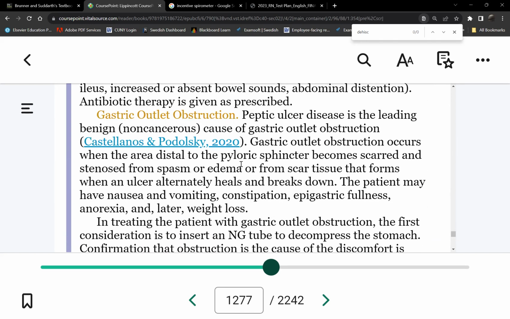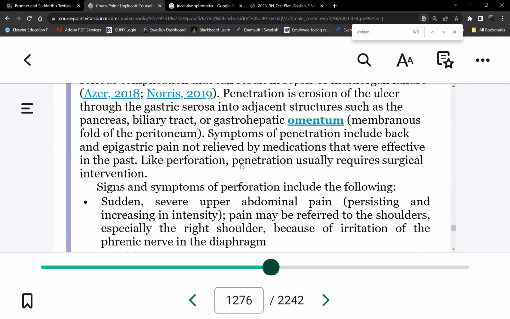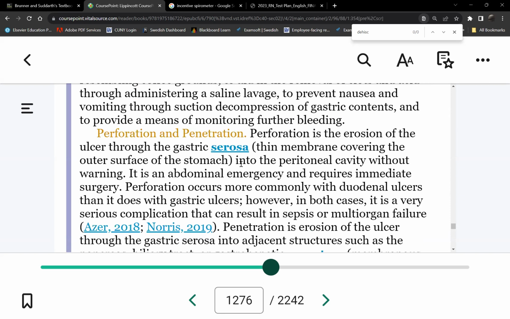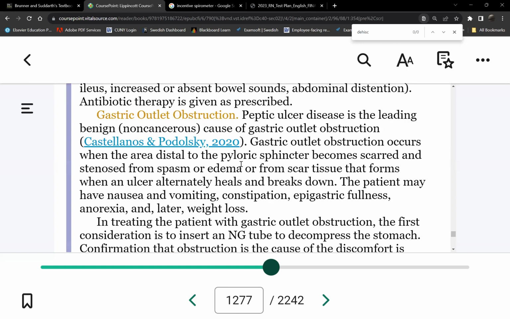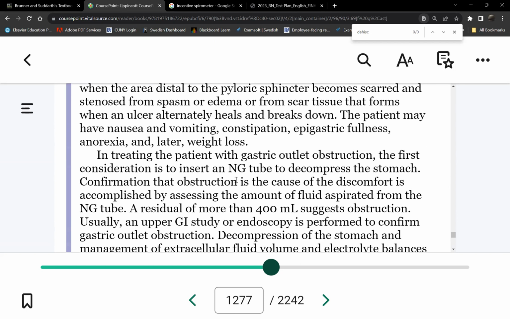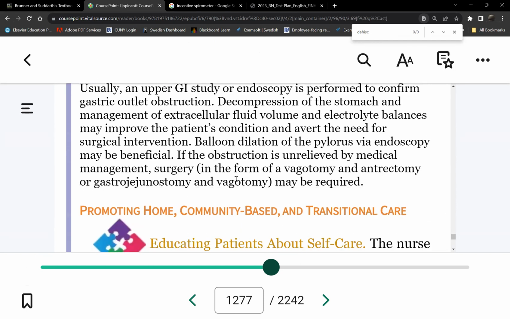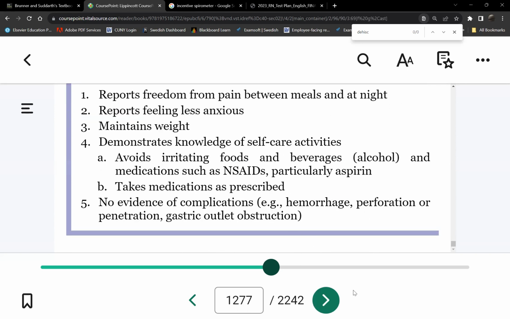Gastric outlet obstruction. So here's another. So obviously this will be for gastric ulcer. So this one will be for the perforation. Can be both gastric and duodenal, but this one obviously is for a gastric ulcer. Manifestations are nausea, vomiting, constipation, epigastric fullness, anorexia, and weight loss. All right. That's it for